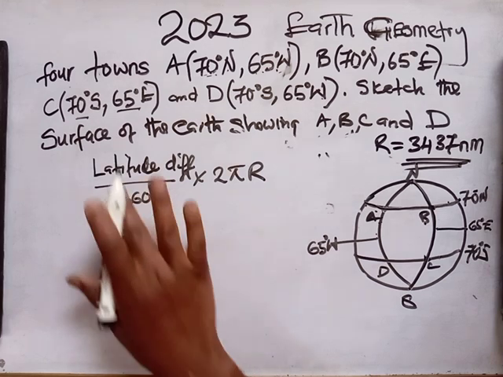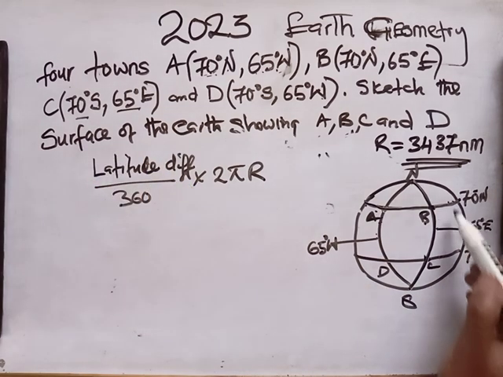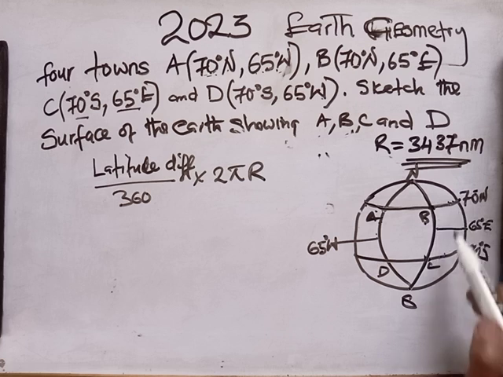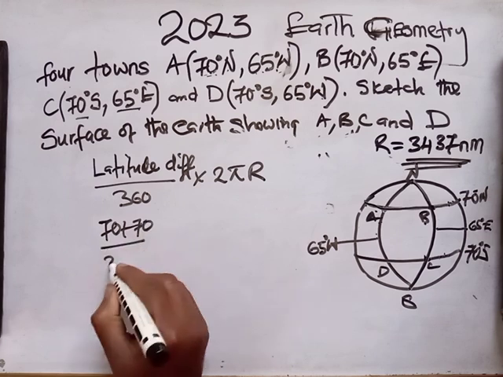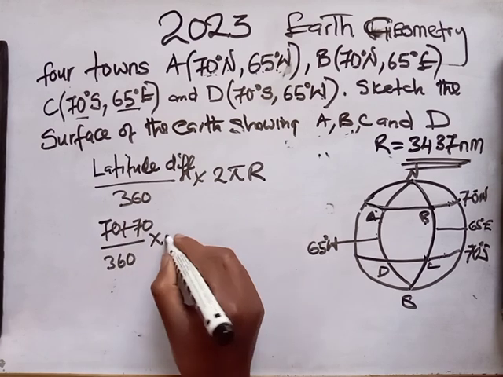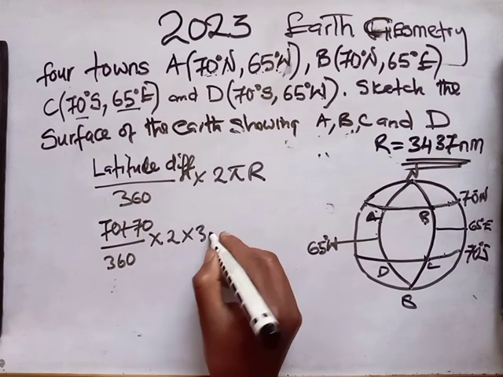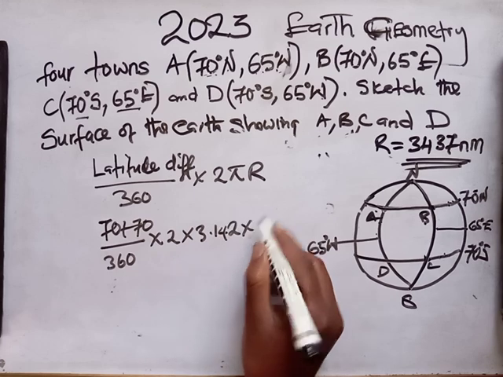The latitude difference: these two are in different hemispheres, so you add the latitudes. So it will be 70 plus 70 over 360 times 2 times pi, 3.142, times the radius,